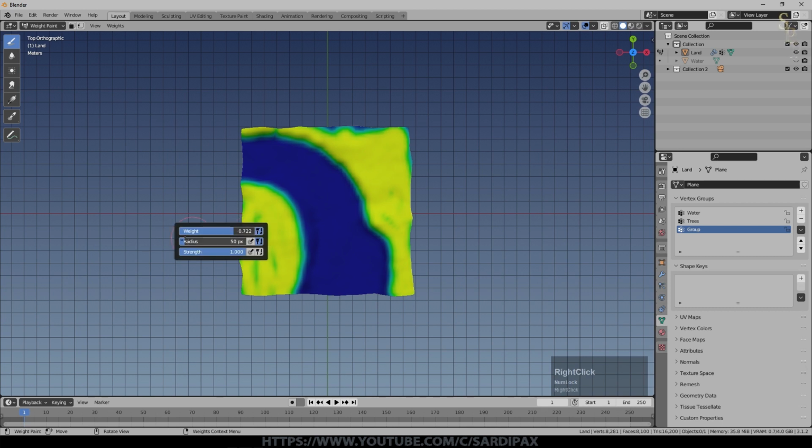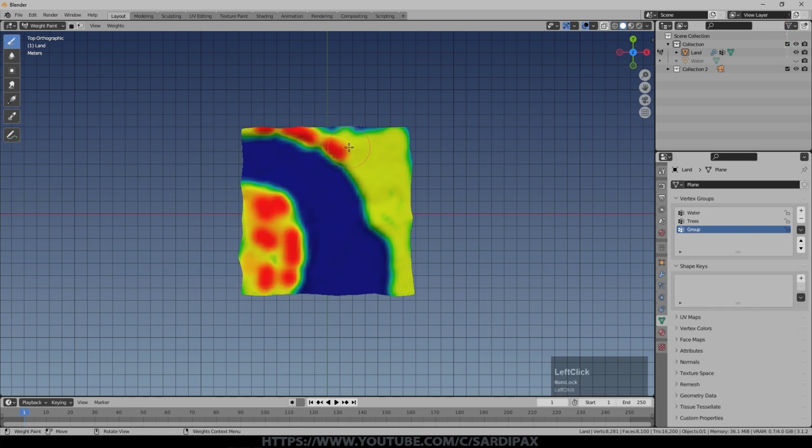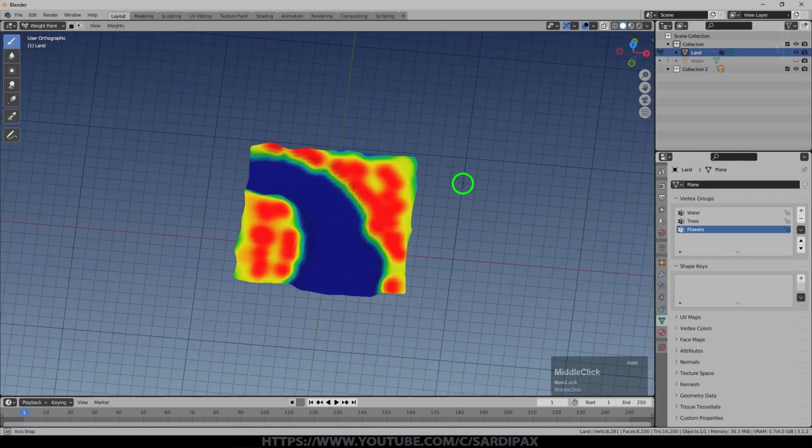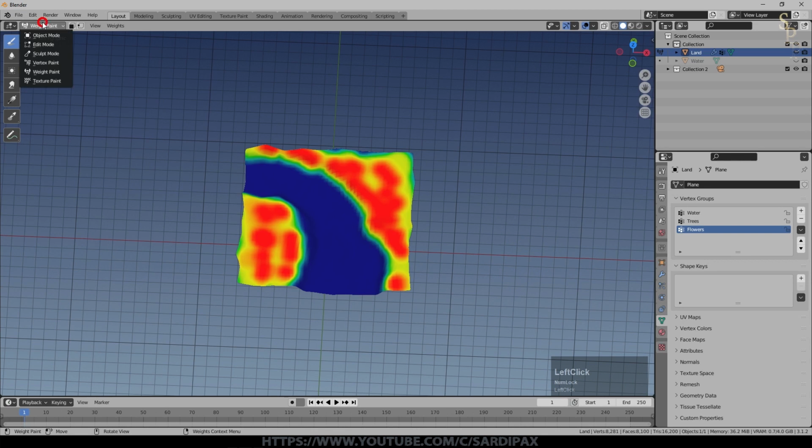So I'm going to turn that weight back up for the moment. And then I'm going to just do some areas where we've got maximum density, but not have it solid blocks. So I'm leaving little gaps. Now, obviously I can do that also with textures, but I wanted to control what was going on in terms of the density. So we'll go with that for the moment. And that's going to be, we'll just call it flowers. I did a few more than that, but that gives you the general idea. So we can come out of weight paint now.